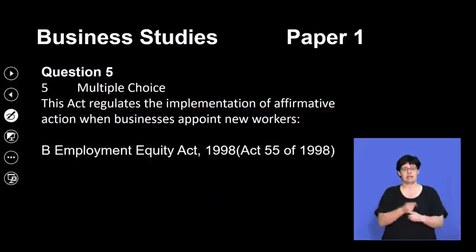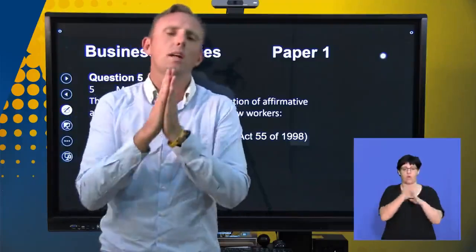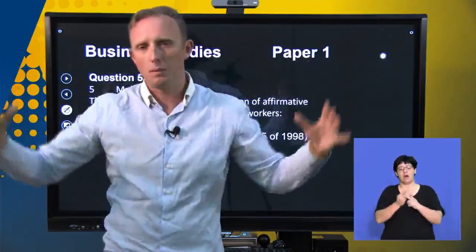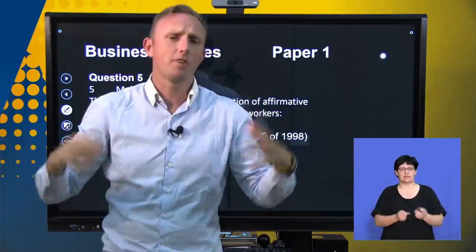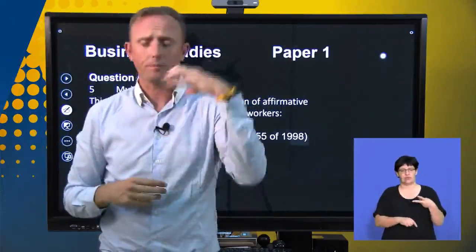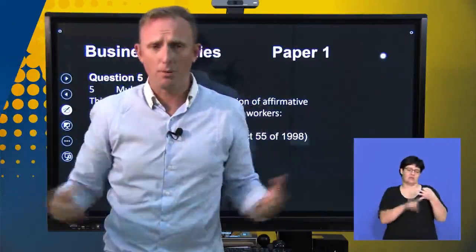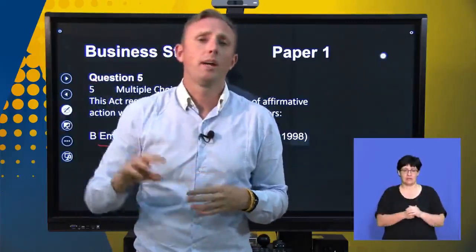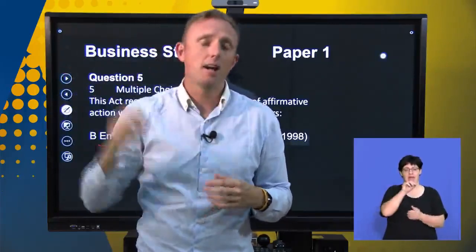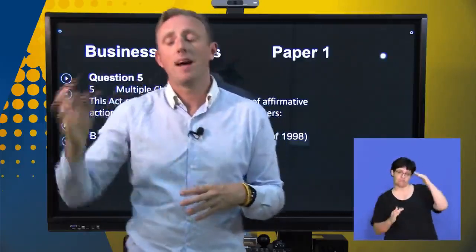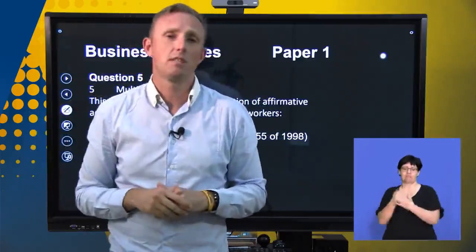So if we look at the answer, it is the Employment Equity Act. Okay, remember that's all about making sure there's equality in the workplace and that the business is representative of the South African demographics of the country. So demographics is like what is the population made up of in terms of age, what is the racial breakup of the population, and there's a provision in the Employment Equity Act where they will apply affirmative action so as to make sure that they can redress imbalances from the past on previously disadvantaged individuals.